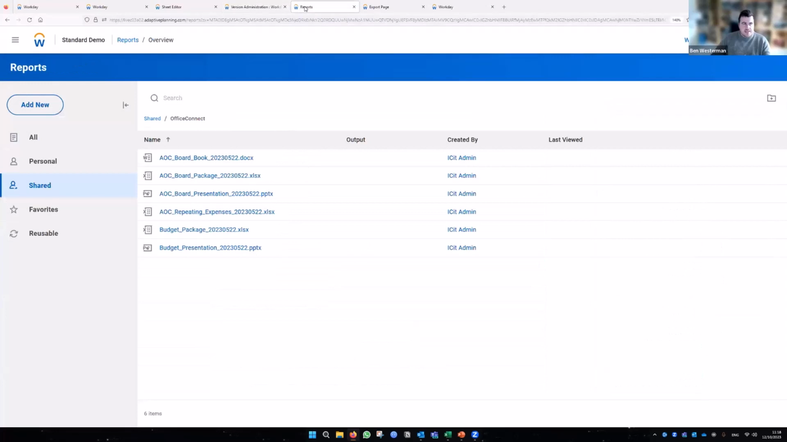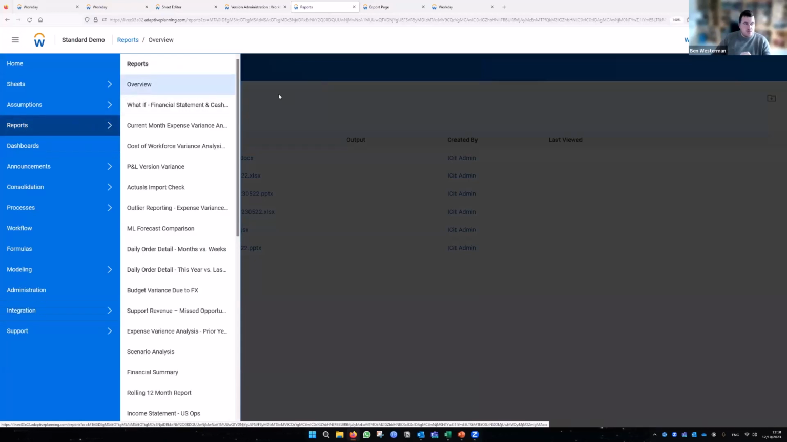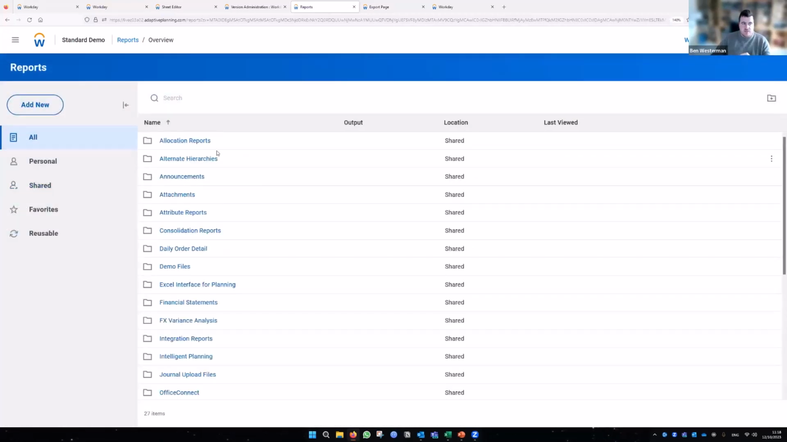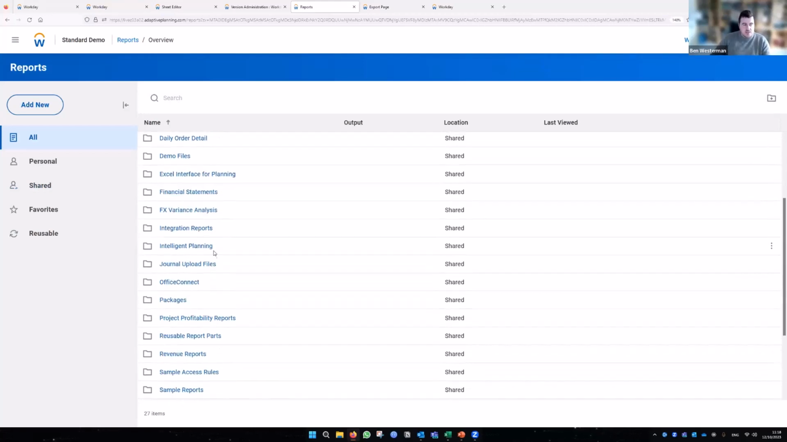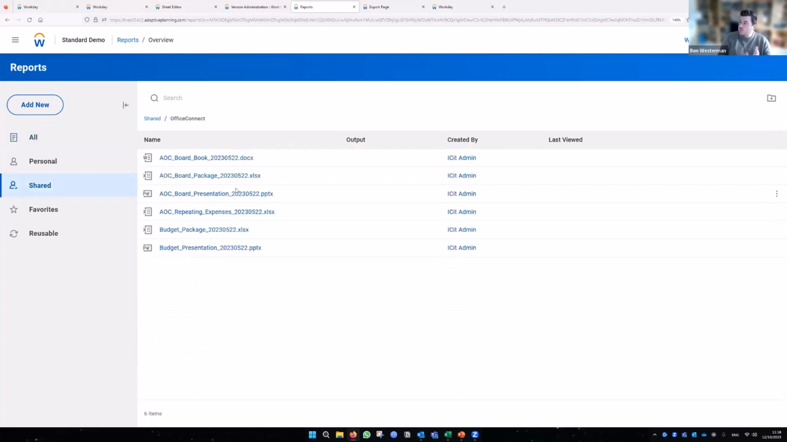What I've got is this reports tab. Again, navigation menu on the left, all the way into the reports here, and then into the overview. And it brings you to this kind of view. You can see in this particular model, we've got a whole bunch of folders that we've put our reports into. I'm just going to pick up this Office Connect one,